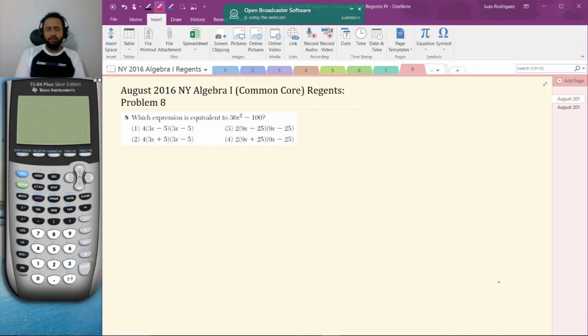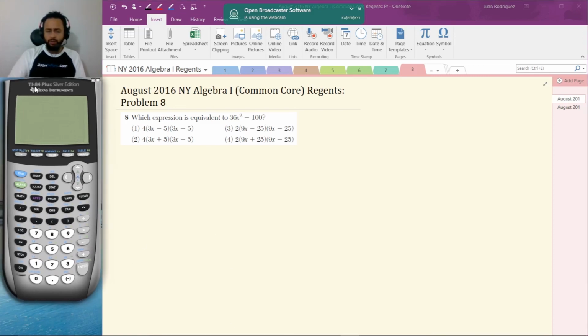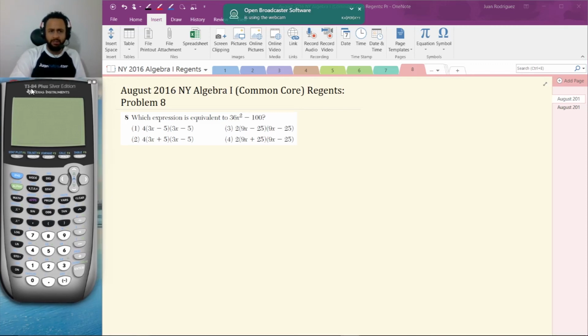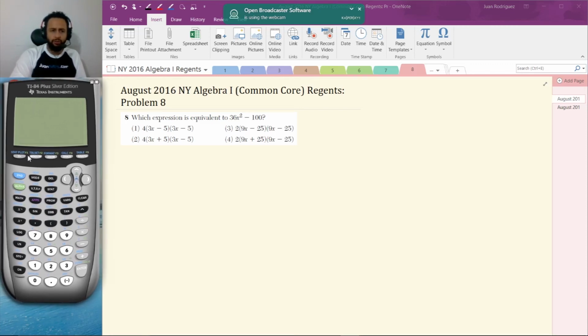Now, here's the thing about this question. If you don't know how to solve this question, don't just go and guess. Think about an alternate way of doing this question. And that's what I want to go for first. I always try to at least give a hint on some process of elimination that'll help you eliminate one or two choices. But in this case, if they say which expression is equivalent to the original, you should be able to figure out which expression is equivalent, because after all, to be equivalent to the original means to